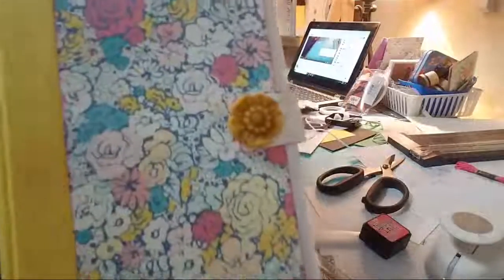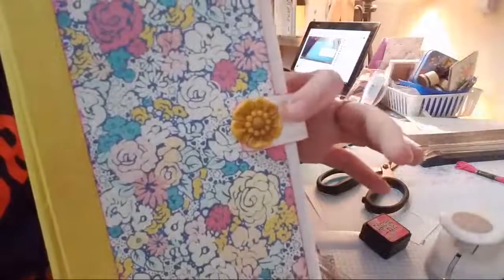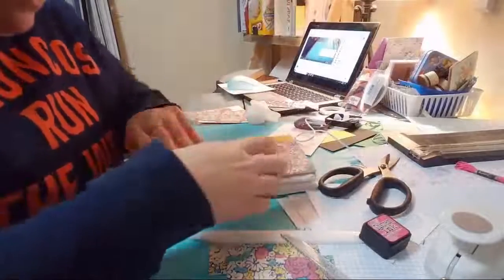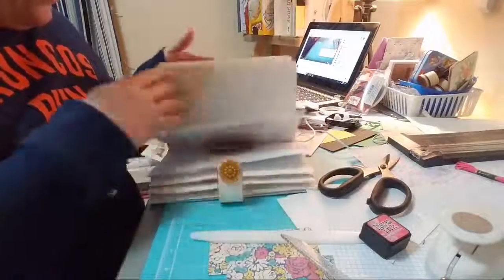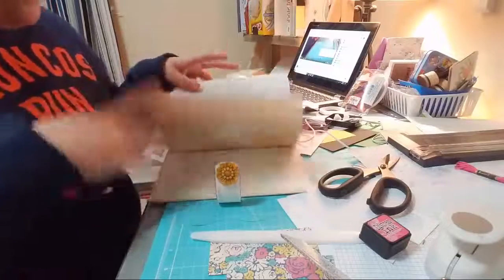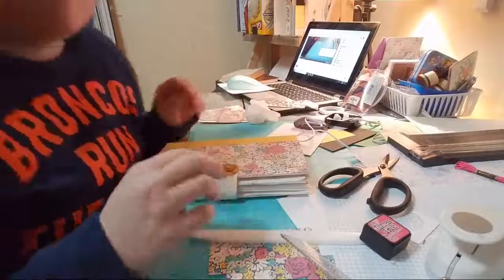Okay. So there's your belly button, Tiffany. Right there. This one just looks like a flower. So that's all I got. I will jazz it up a little bit more, maybe, and maybe do a video. But actually what I had planned was